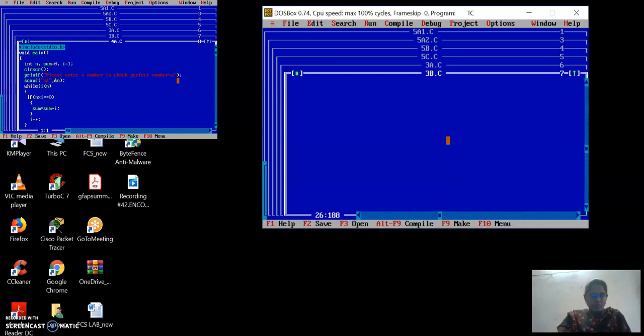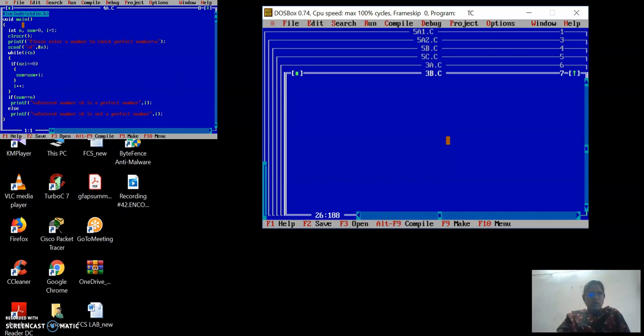Now, let me explain this one. I have read one value n. While i is less than n, what I am going to do is check n modulus i equal to 0. That means starting from 1, I am going to calculate the factors. So, sum is equal to sum plus i. Say for example, I am taking 6. 6 modulus 1 is equal to 0. Yes. So sum is equal to 0 plus 1, which is 1. Now increment i. i will become 2.